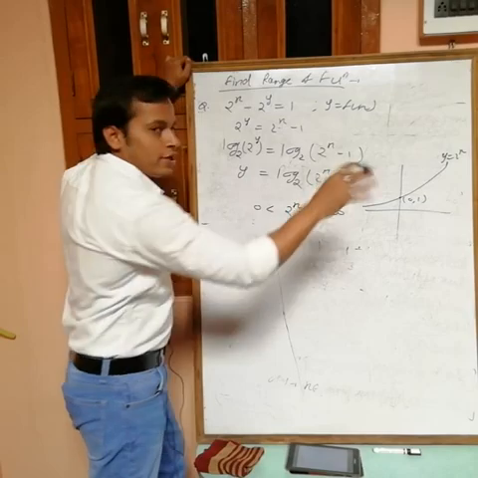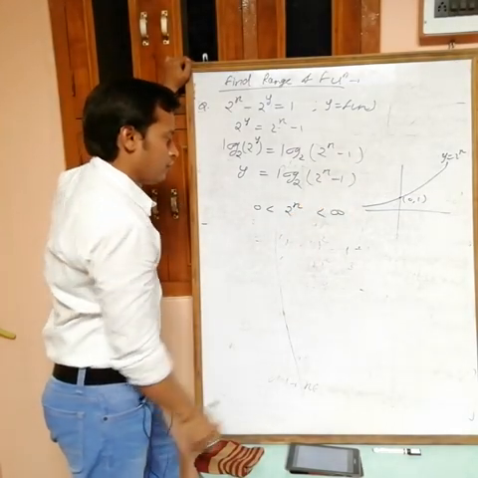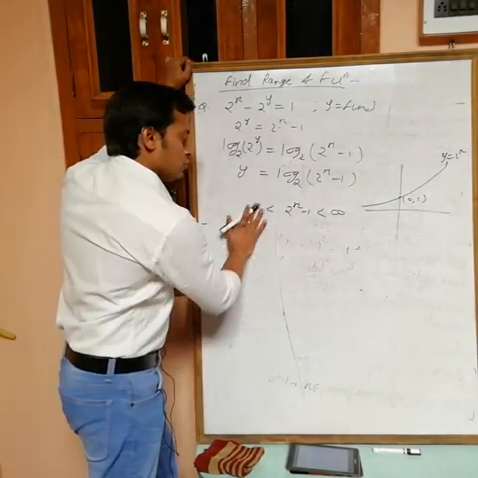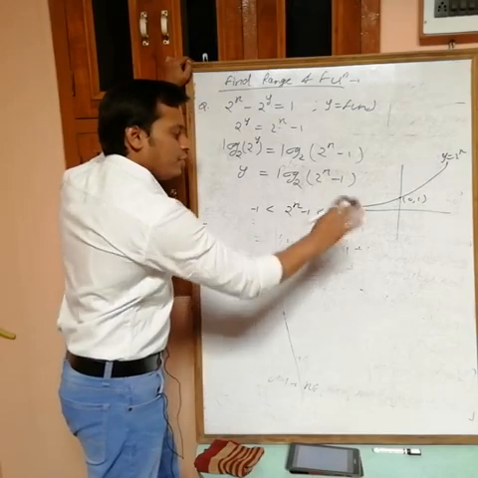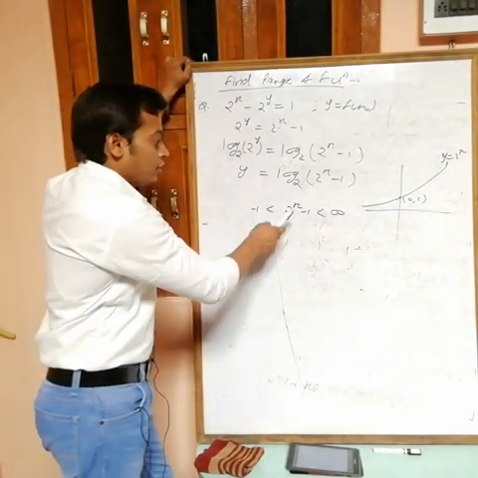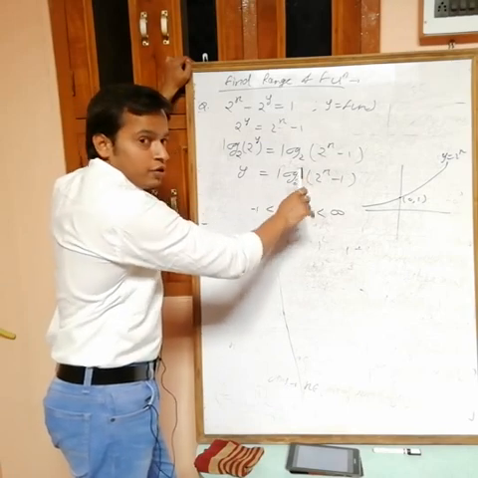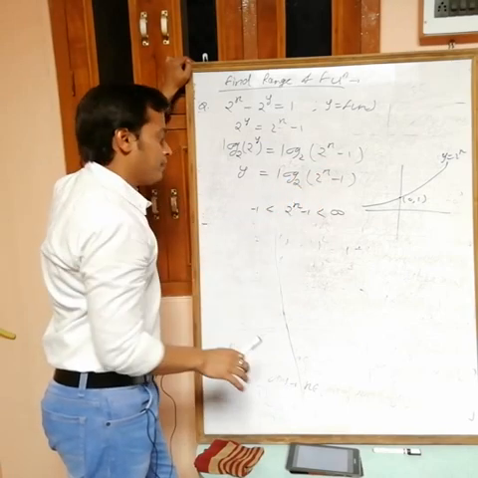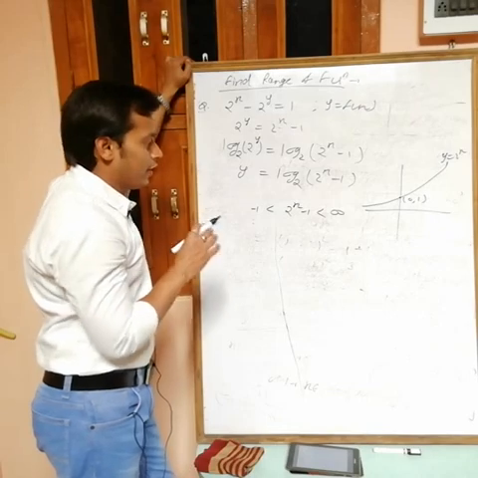Now here we have 2 power x minus 1. Subtract 1. So minus 1. 0 minus 1 is minus 1. Infinity minus 1 is infinity. Okay. So this one is from minus 1 to infinity. And remember, this can't be equal to 0, it is greater than 0 always. Okay. So this lies from minus 1 to infinity.